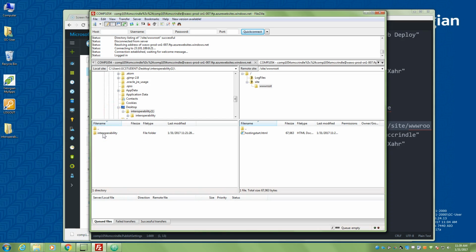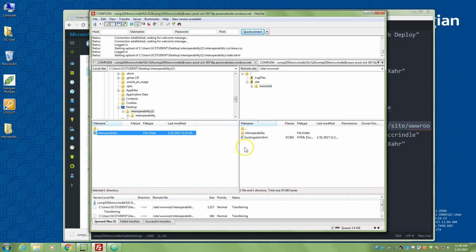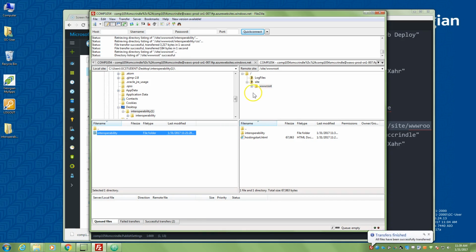So for example, now I'll publish this. I'll show you how this works. So I'll upload this folder, interoperability. So now on the server, you should have site www.root interoperability, and then we should have our folders on the remote server. Okay, so that means that in order to access this, you'll have to type in this COMP1054